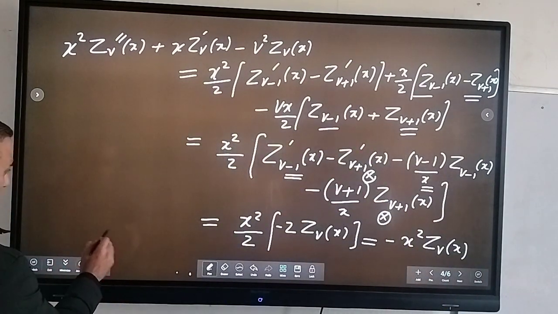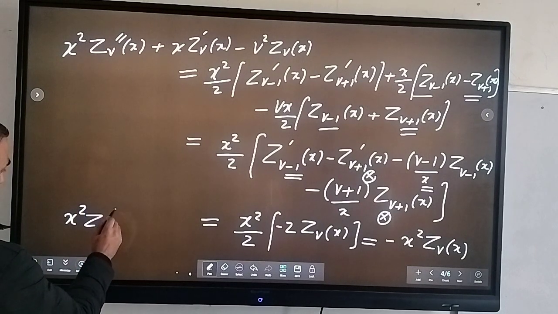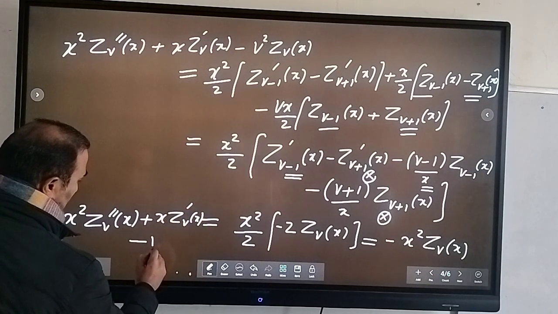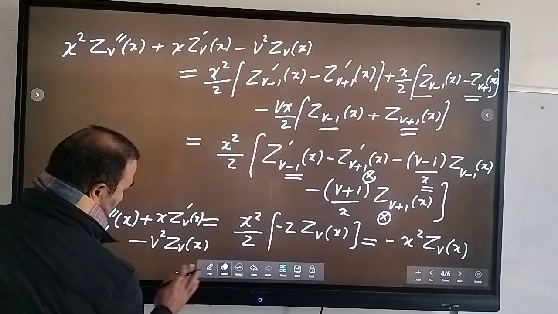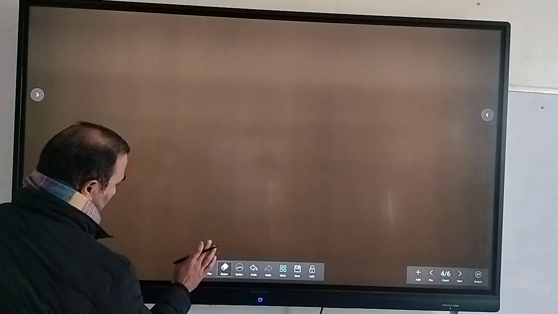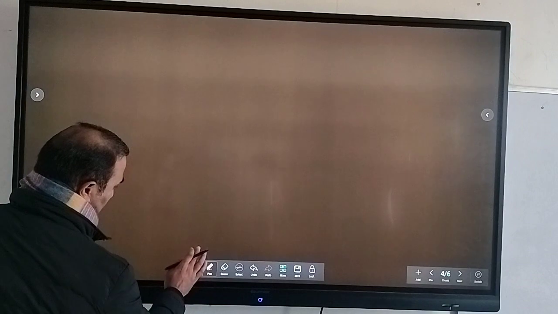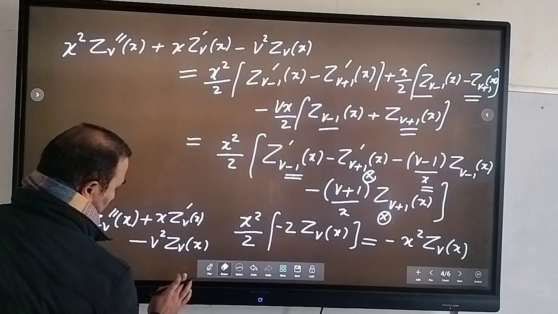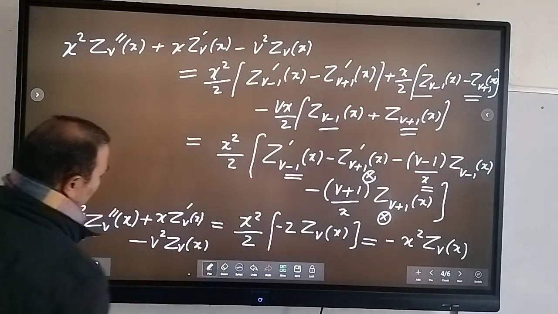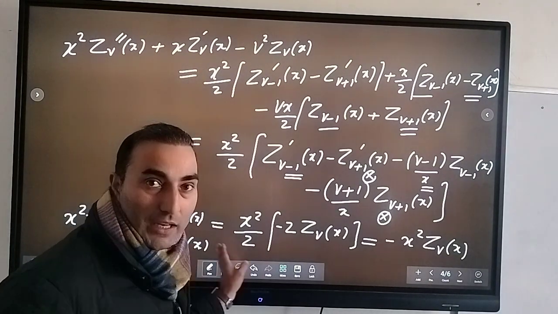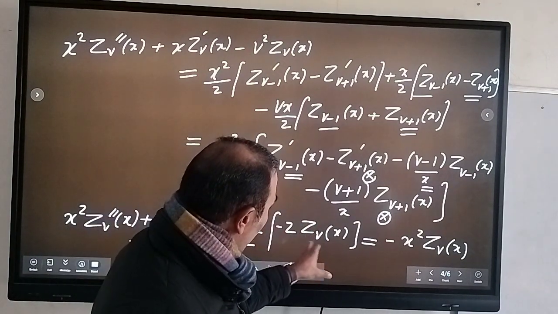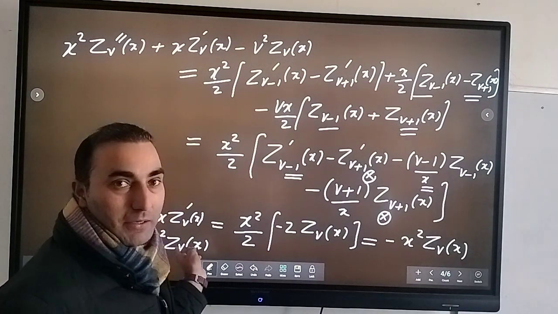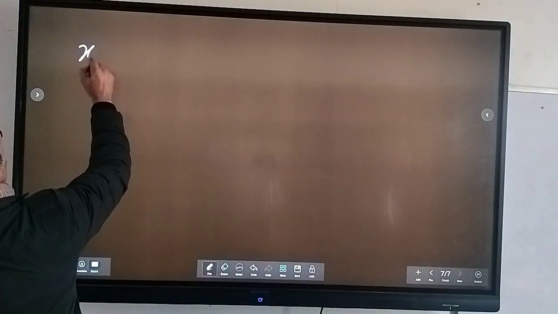So on the right hand side, what's our right hand side? That is x square, and that's equal to this, because our left hand side is x square jv double dash plus x jv dash minus this square, and our right hand side is minus 2 jn of x jv of x, so that is minus this, right? So if I shift this minus x square to the left hand side, it becomes plus, right? So that means I can have this relation, that's x square,